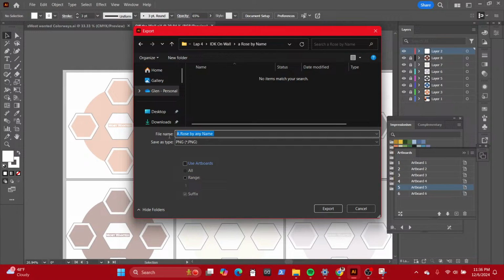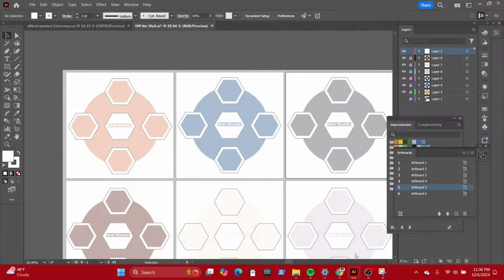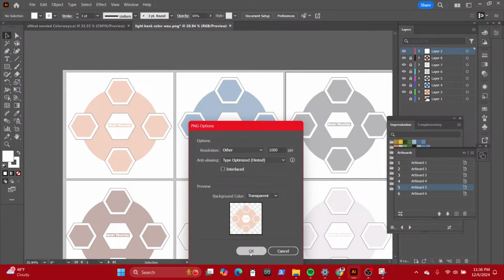Let's copy this right quick. Light background colorway. Not worrying about the spelling because no one's going to see that. Select all. Yes, 1,000.